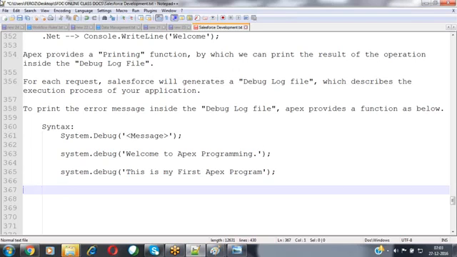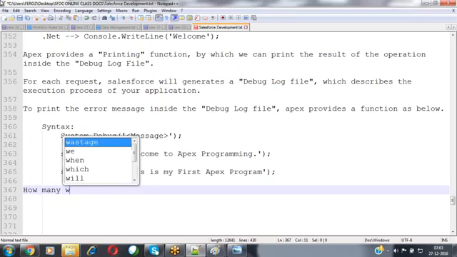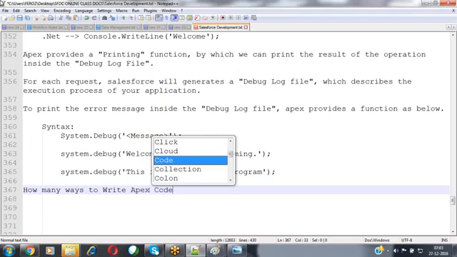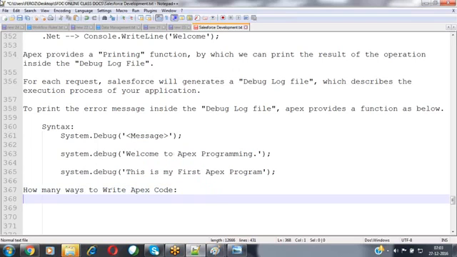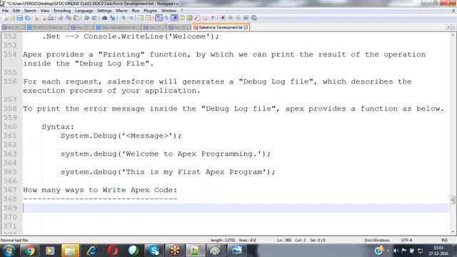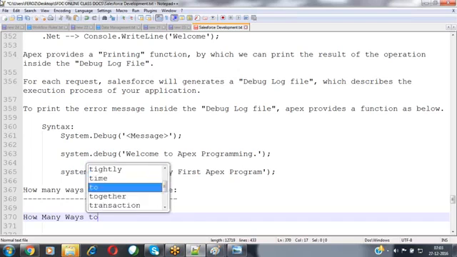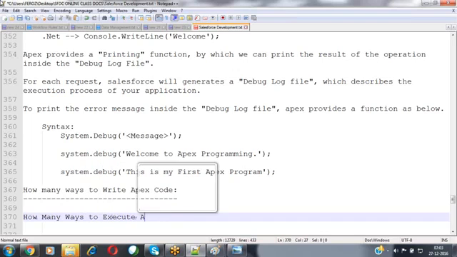In tomorrow's session, we are going to discuss how many ways there are to write an Apex code. There are multiple ways available for writing your Apex programming code. And then, how many ways are there to execute your Apex code?